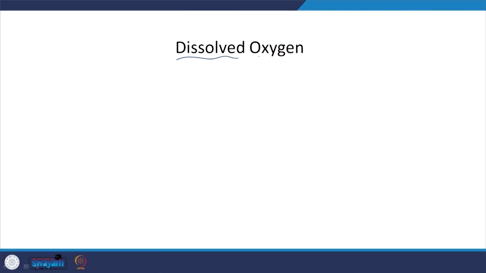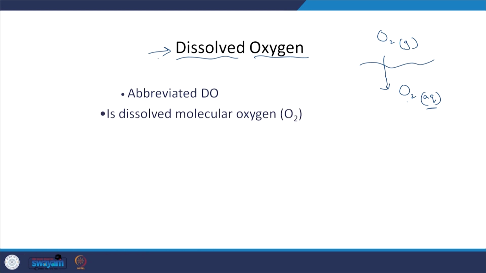One aspect is dissolved oxygen. So, we know that oxygen is present in the gaseous phase, and if we bubble oxygen into the aqueous phase or water, it will be dissolved in that, and that we are going to say is oxygen in the aqueous phase, or the dissolved oxygen. Why is that required? Let us see that. So, it is called DO. Whenever somebody says DO, this is what they are talking about. It is dissolved